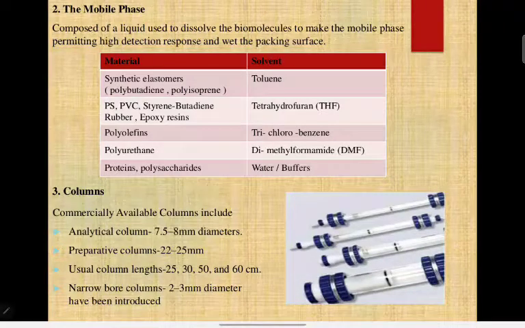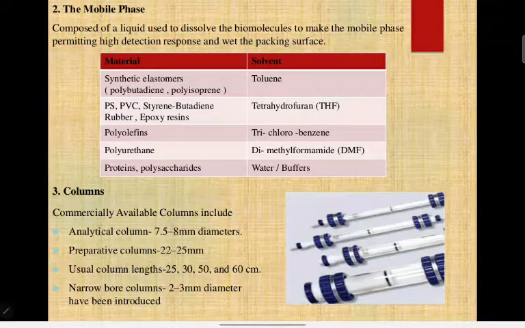The usual lengths commonly used in gel filtration chromatography are 25, 30, 50 and 60 centimeters, which we prefer for analysis. Narrow bore columns can also be used, but the name itself indicates narrow bore means what?